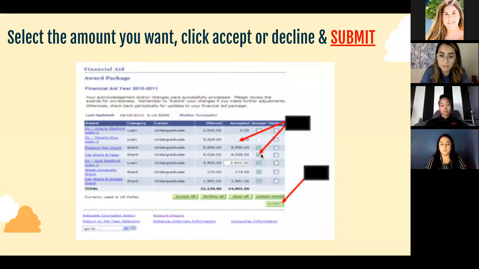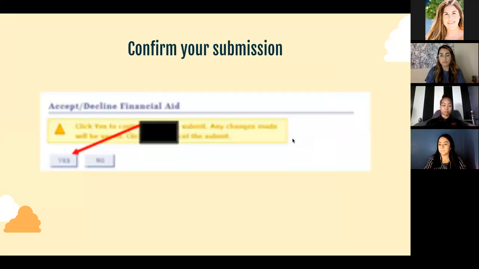After you do that, so inserting the amount and checking off the accept box, you will update your totals, which is the green, the 1, 2, 3, 4, the 4th box. You'll update your totals so that everything is up to date and accurate, and then you'll finally press submit. So like I said, just make sure you save your changes and then press the submit button. And then here you would just confirm your submission. So you'll say, yes, I accept this, I made the changes, and that's pretty much it for the CSUs.